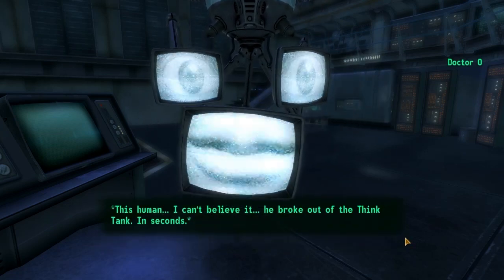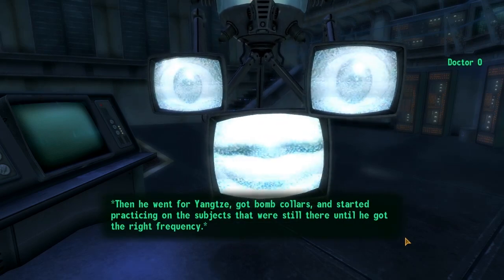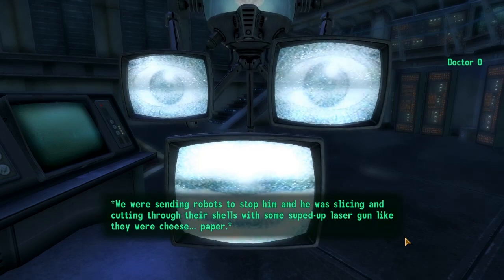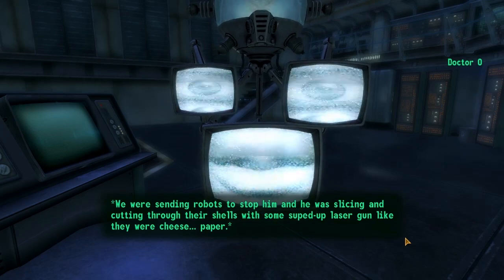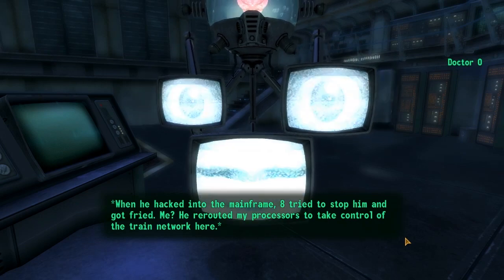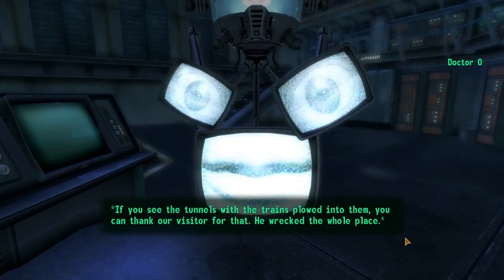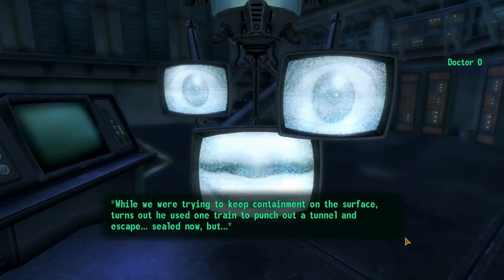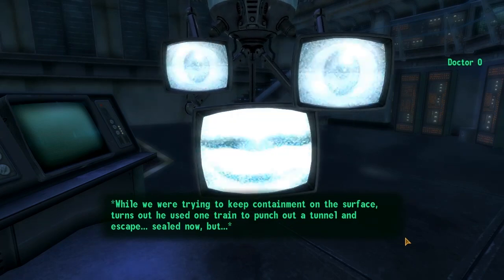This human, I can't believe it. He broke out of the think tank in seconds. Then he went for Yangtze, got bomb collars, and started practicing on the subjects that were still there until he got the right frequency. We were sending robots to stop him, and he was slicing and cutting through their shells with some souped-up laser gun like they were cheese paper. When he hacked into the mainframe, A tried to stop him and got fried. Me? He rerouted my processors to take control of the train network here. If you see the tunnels with the trains plowed into them, you can thank our visitor for that. He wrecked the whole place. While we were trying to keep containment on the surface, turns out he used one train to punch out a tunnel and escape. Sealed now, but...